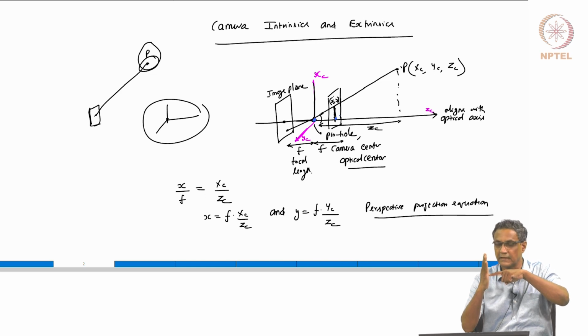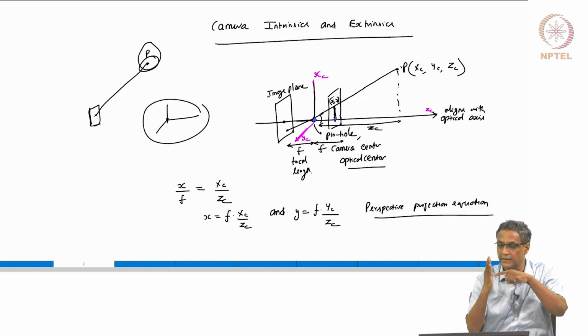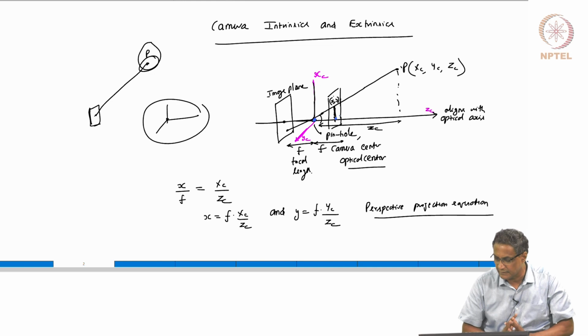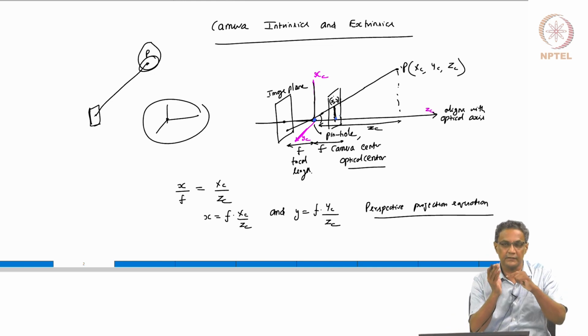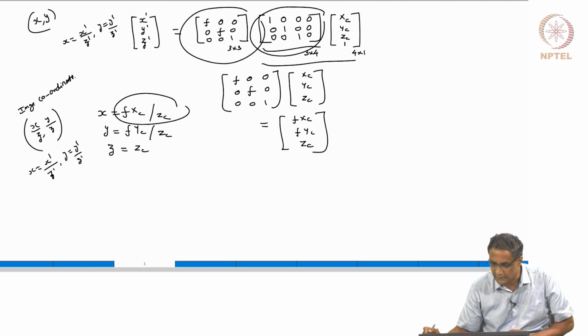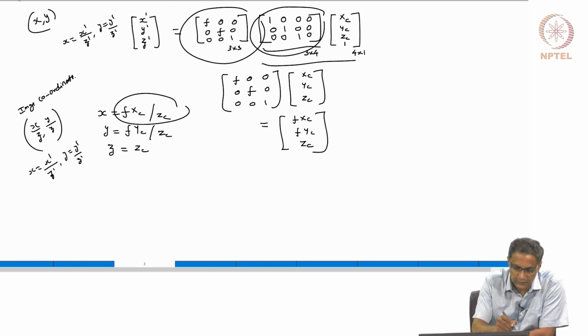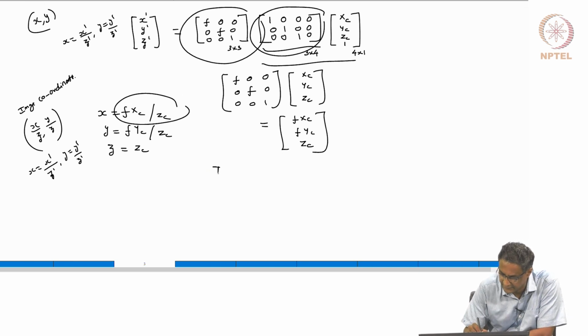But it could happen that they are actually not aligned. That means this could be off a little bit. This is all a manufacturing thing. We are assuming that it's all perfect, but it need not be. There could be a small shift here, but that's a permanent shift. To accommodate that, we use that offset, if it is there. If it is not there, not a problem. We call that offset Px and Py. So let's say that the camera offset